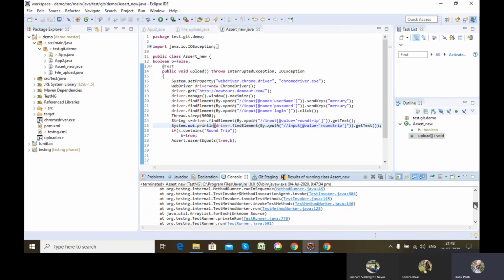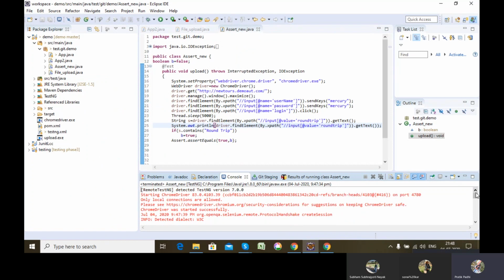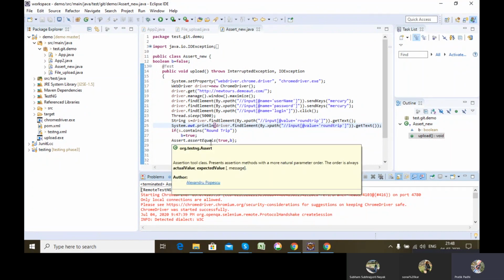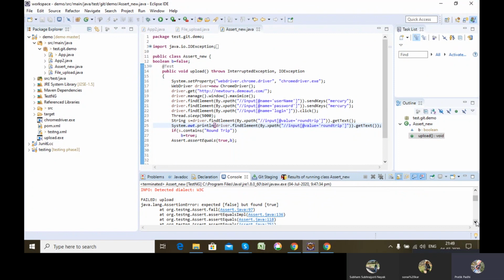Oh, no text is being fetched. Anyway, as no text was fetched, it will not match. That means b is false only, it doesn't become true. So once I write this checkpoint, it is failing my test case, as my expected and actual result didn't match.